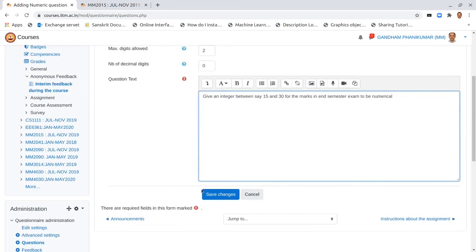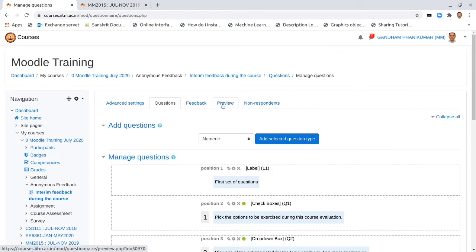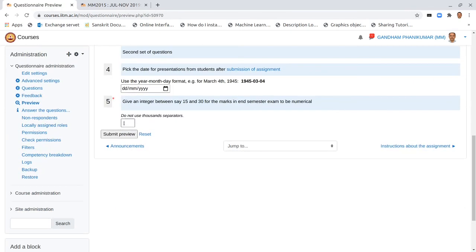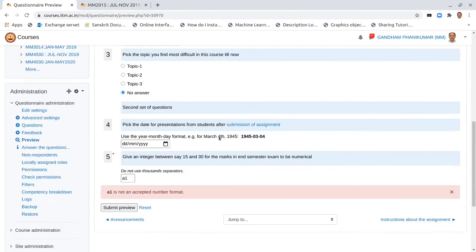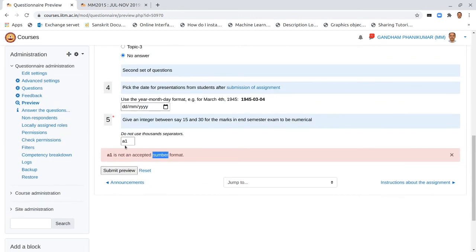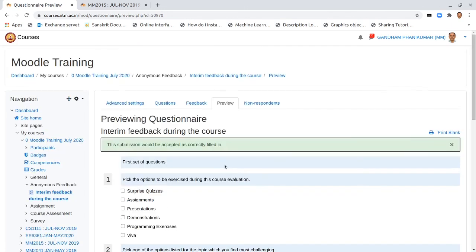Okay, and click on yes, save, go to preview, and you can see that here you have a small box, and I'll try to type the numbers 1, 2. I can't type 3 because only 2 digits are allowed. Now let us say I am typing A1 and click on submit. You see that there is some problem and it says A1 is not a number. So it does check whether what you have given is a number or not. Of course it doesn't check the range because the range is put up in plain text, so you could actually give any number and that would be accepted.